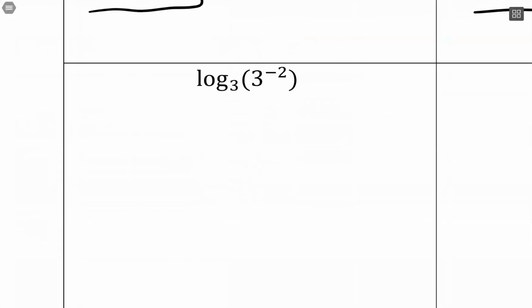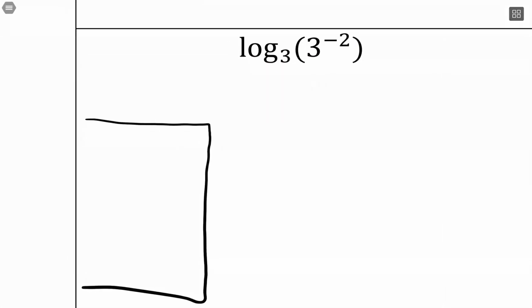Alright, log base 3 of 3 to the negative 2. We could go through and simplify this. However, this is actually better in this form because what we're trying to do is, if I take my base of 3, and I don't know the exponent, but what it should equal is the value that's inside the logarithm, which is 3 to the negative 2 power. So let's think about what this is saying. It's saying 3 to what exponent gives us 3 to the negative 2? Well, I need that negative 2 where that question mark is. So this is actually equal to